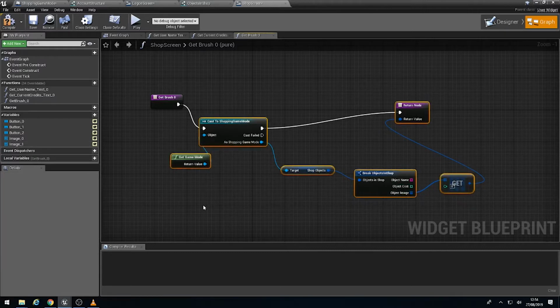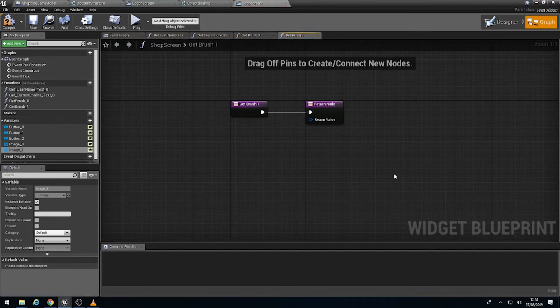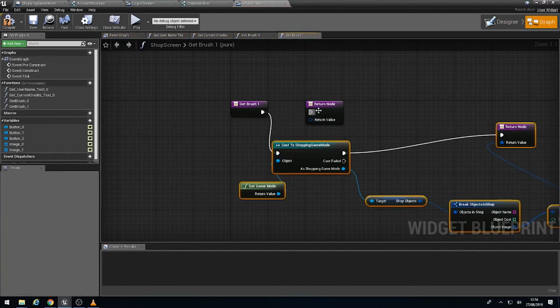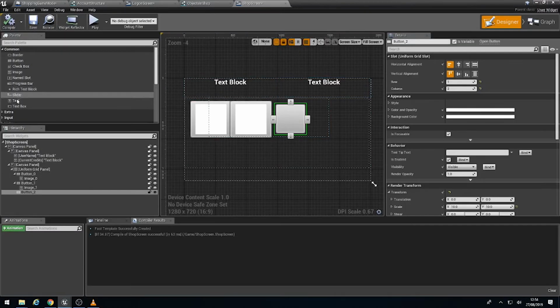I can just highlight over it, copy it by pressing Ctrl+C, go to brush index here, game brush index like so, and paste it just like that, destroy that return and then set that to 1. All of a sudden what should happen is it should update it, there we go, with the image that we wanted. So if we then just chuck this into button